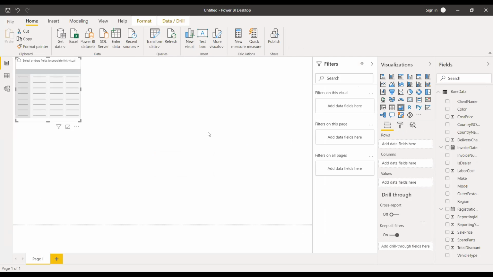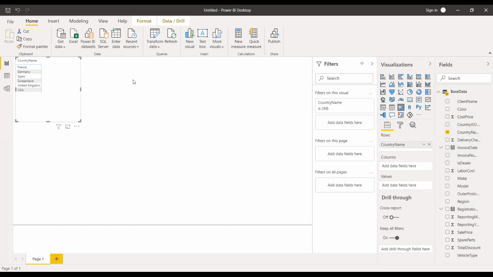Okay. Now, the field to be shown is the country name field. In the matrix, you have to show the country name field. So just click the country name field from the field list checkbox. Now you can see the country names in the matrix structure. Now, what other fields do you want to show?